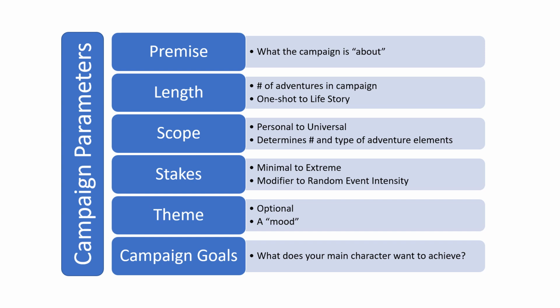On the other hand, if the stakes are high or extreme, then we're going to see very intense random events being more likely to happen. The fifth element is the theme. Now, this is something that's optional. It really doesn't have any mechanical consequence, whether you use this or not, but instead